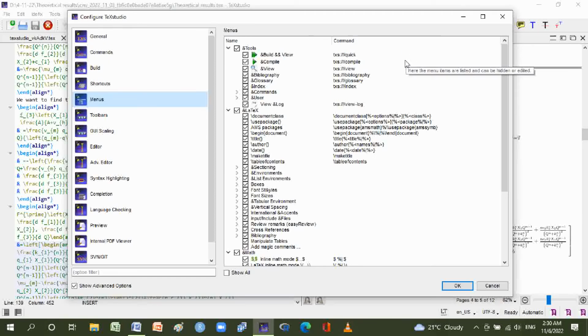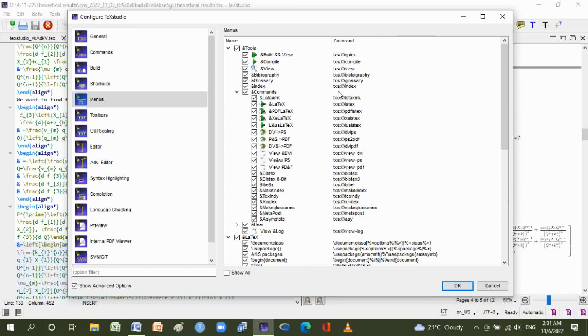For Build & View, its command is txs:///quick, and number two is Compile, and its file, bibliography, glossary, index, and